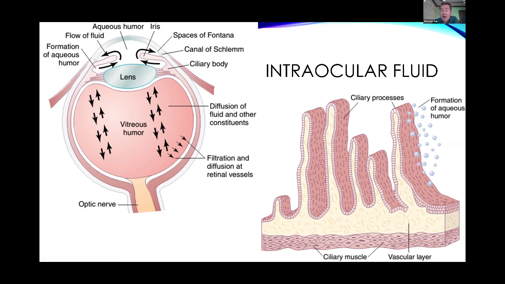Ang mnemonics mo dyan, viscid, viscous, vitreous humor. Ang nasa anterior is the aqueous humor, anterior letter A. Anterior humor is more watery, vitreous humor is more viscous or more viscid. Vitreous humor. Same is true, just like the